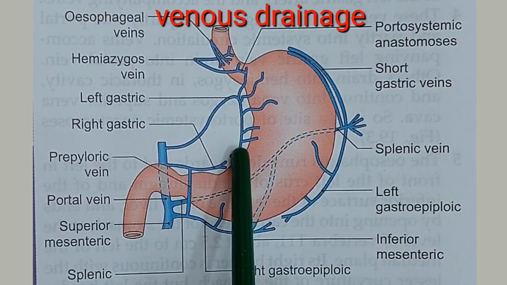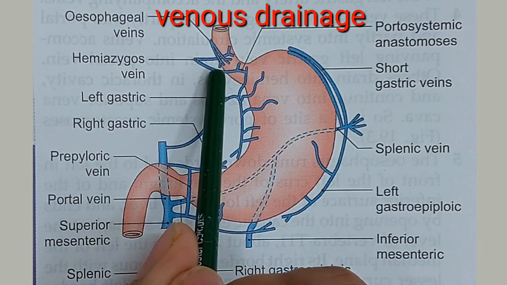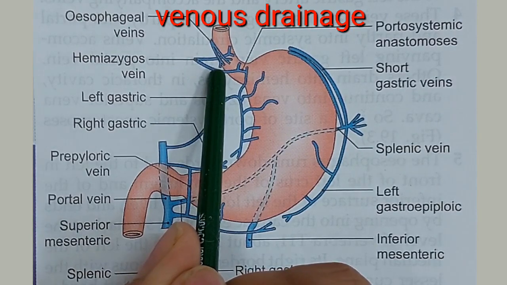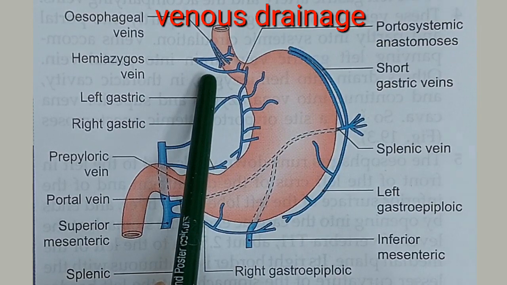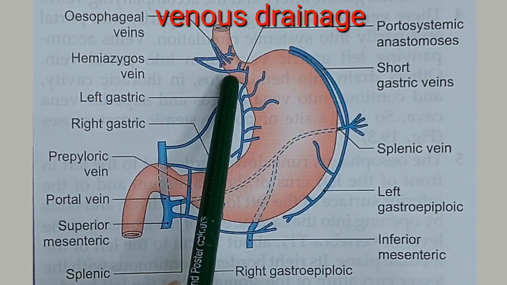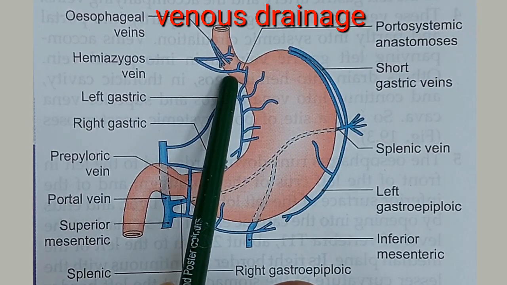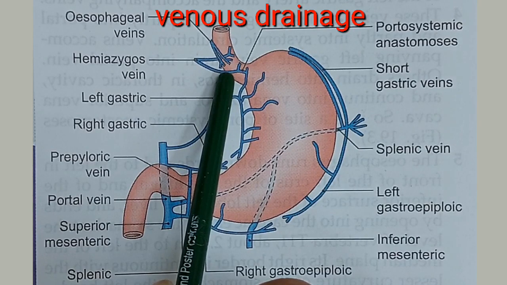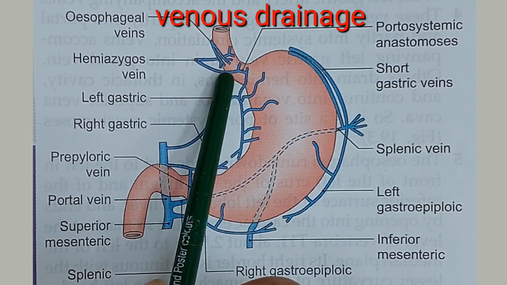A peculiarity of this venous drainage is that a portocaval anastomosis is present at the lower end of the esophagus, between the esophageal tributaries of the left gastric and inferior hemiazygous vein. So, in portal obstruction, at this site the vein gets distended, forming esophageal varices, and rupture of these varices results in the vomiting of blood, which is also known as hematemesis.